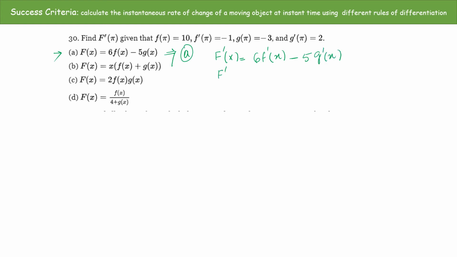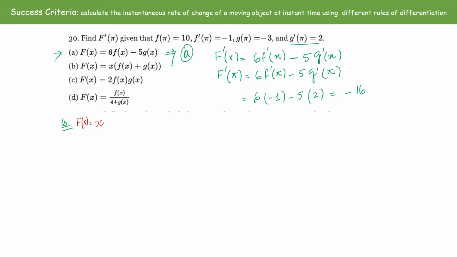Now replace all the x by the pi, you will get 6 f prime of pi minus 5 g prime of pi. Now 6 f prime of pi, you can say it is equal to -1, and -5 g prime of pi, it is written over here, equal to 2. So you will get -6, -10, you will get -16. Solve the second question, the B part, and according to the B part, it is x f of x